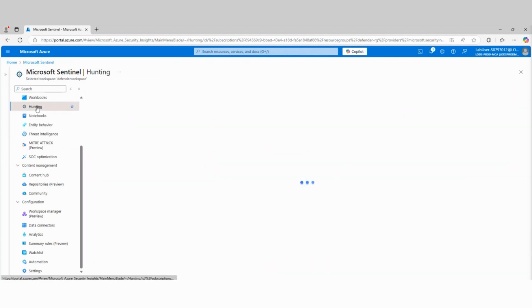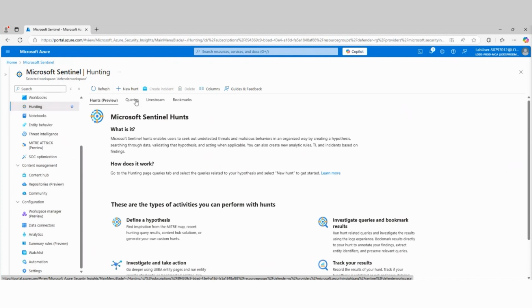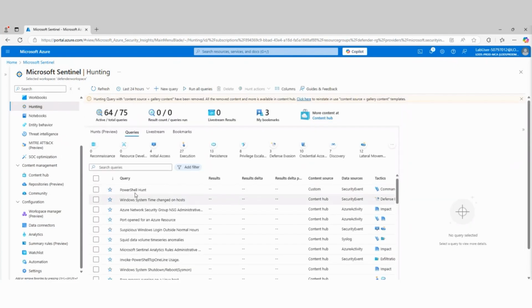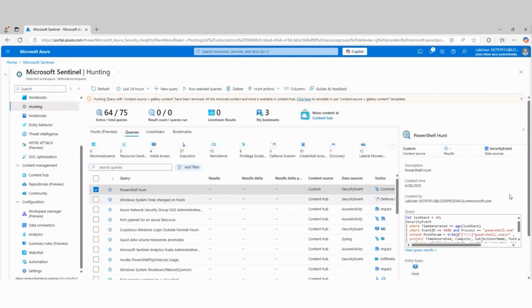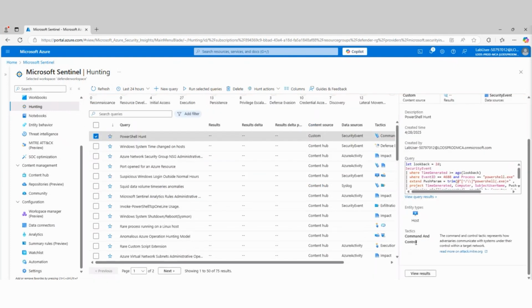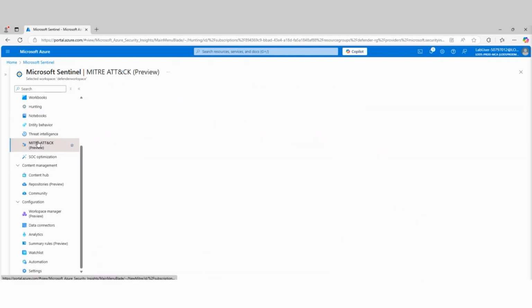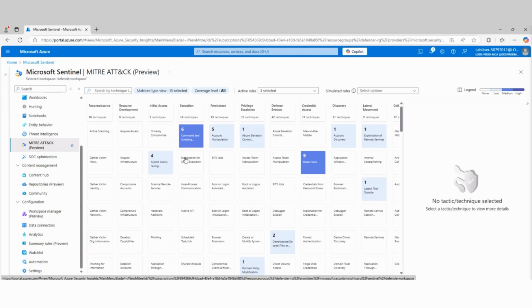So when you're doing hunting queries, let's go back to our PowerShell one from earlier. When we do hunting queries, when you fill in the tactics piece here, whatever you select here will automatically be added to your MITRE page, within a few minutes to an hour or so.